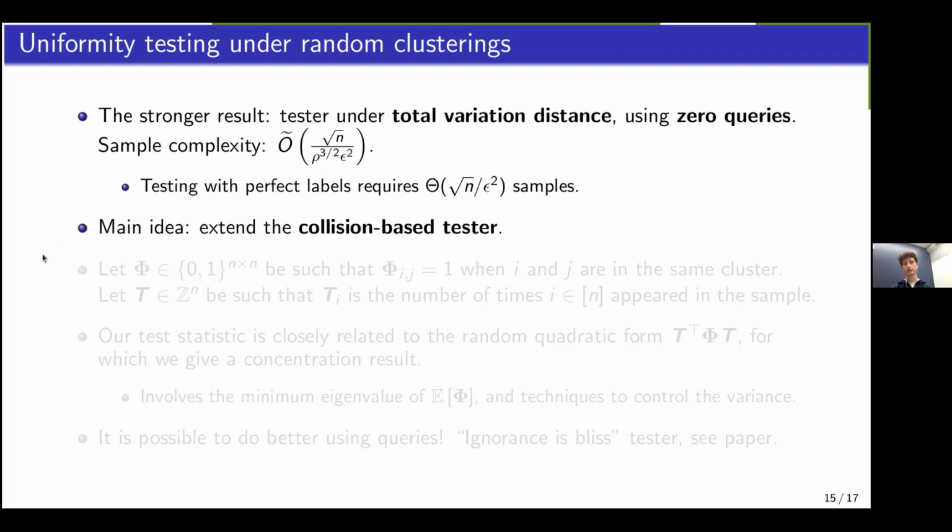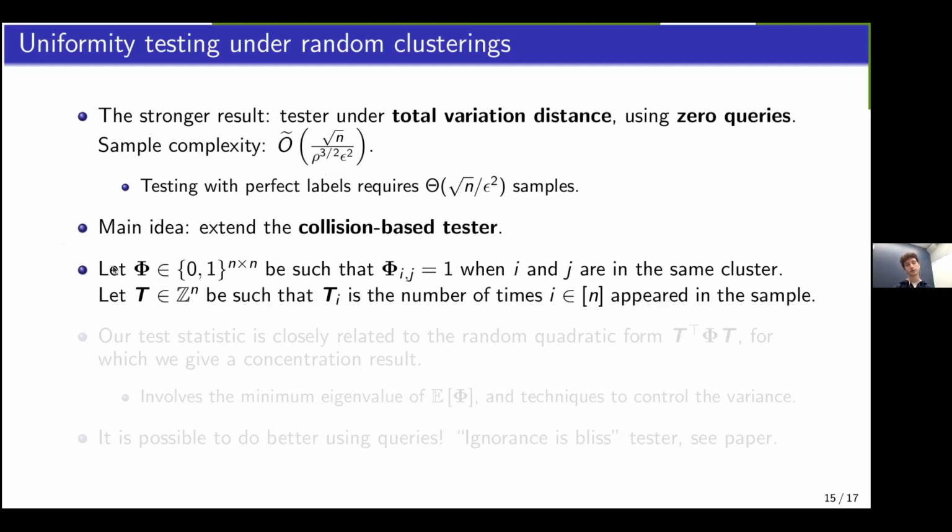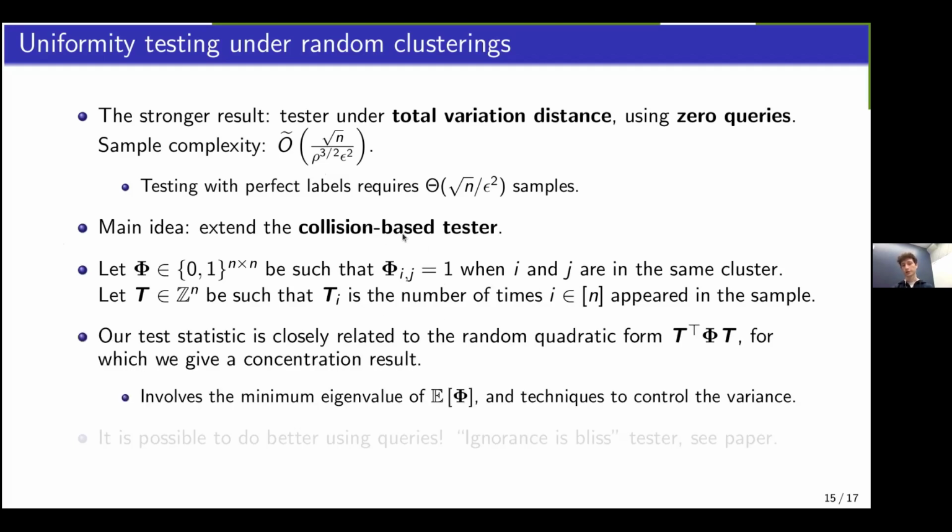The main technical idea is to extend the classic collision-based tester. The way this works in a little bit of math is that we have a random Boolean matrix phi that encodes the clustering by assigning 1 to phi ij when i and j are clustered together. And we have a random vector t, such that t_i is the number of times i appears in the sample. Then the test statistic for the collision-based tester is closely related to the random quadratic form between t and phi. So our analysis needs to give a concentration result for this random quadratic form. We do this by first studying the minimum eigenvalue of the expected matrix phi, and then also techniques to